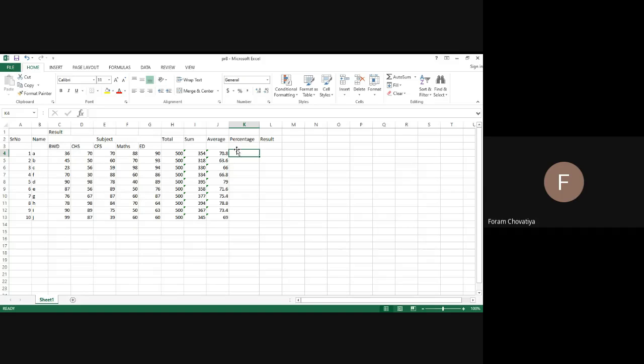Which type of data do we have to record? First of all, the sum of all the subjects' data and total marks of all the subjects. The formula is how many marks obtained by the student upon total marks of all the subjects, into 100. Can I repeat that formula?